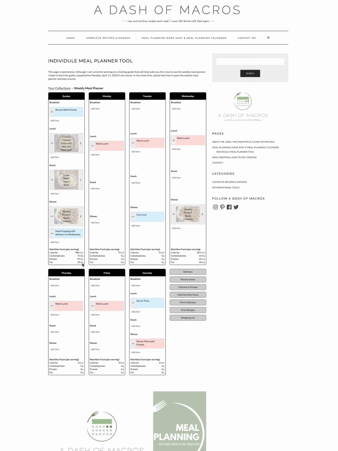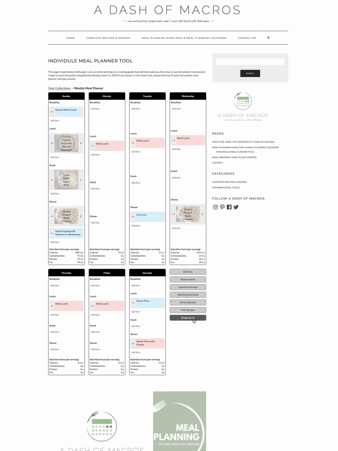Or if you've looked at my recipes, at the bottom of every recipe, I give tips on how you can adjust the individual protein, carbs, and fats of almost every single recipe, making it extremely easy for you to hit those macro goals. Once you've generated your calendar, you've programmed your schedule, you've added all of your recipes,